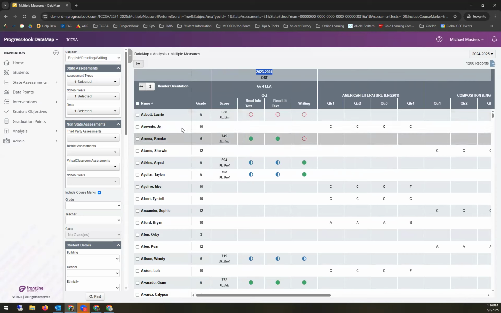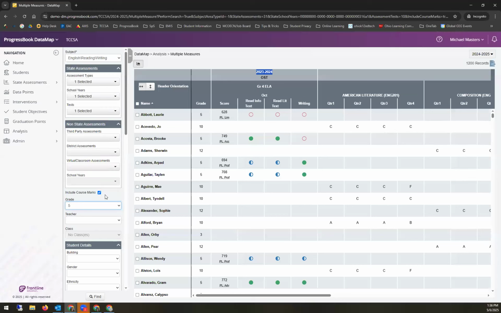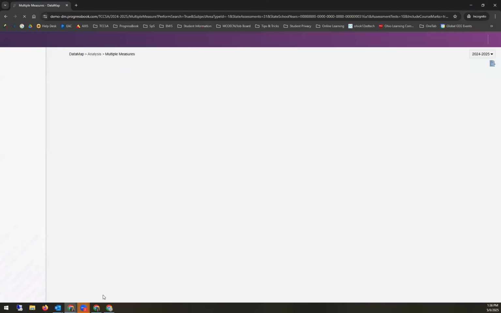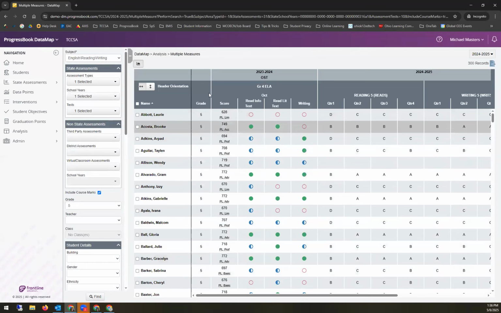So I'm going to remove some of our other grades. Let's just look at our 5th grade students. I'm just going to pull in the 5th grade, leave everything as is, and then I'm going to hit find. This is one where you probably will use more filters so you can pull in that information that you want. Now you can see it side by side, just my 5th grade students,